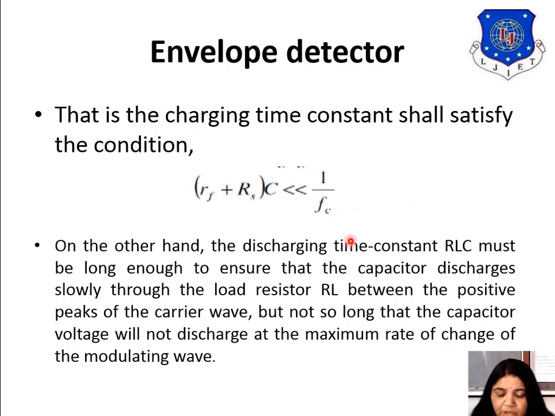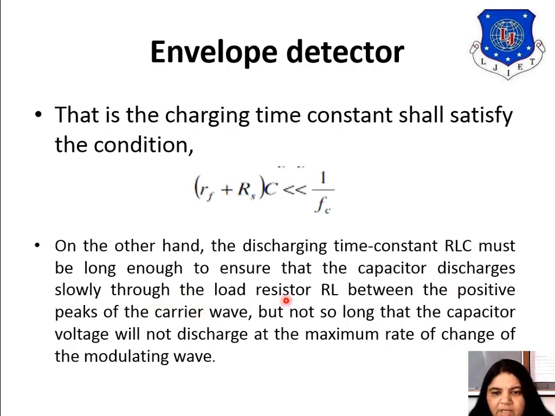So the conditions for the envelope detector are: first, M less than 1, the modulation index is less than 1. Second, this time constant value must be much less than 1 upon Fc. Okay, and on the other end the discharging time constant must be long to ensure that the capacitor discharges